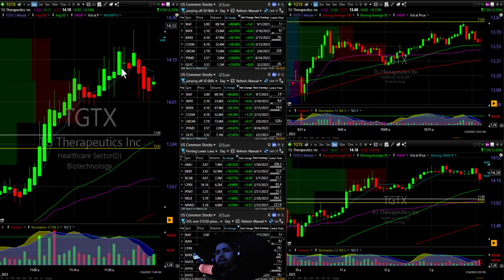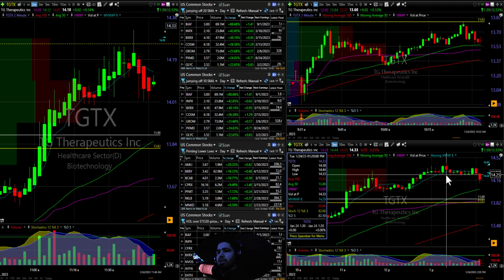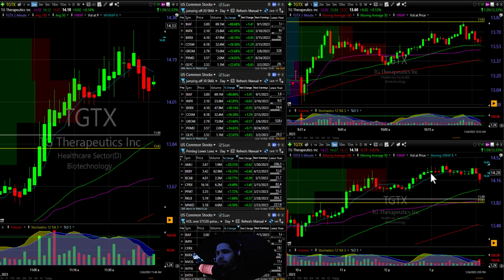This is where I actually took the remainder of my shares. Now it did pull to the 14.30 in change. I think it was around this candle, 14.44. I started to take out when it started to print over the $14 area. 14.02, I took some out, make sure that I got paid, because I wanted to make sure that I got